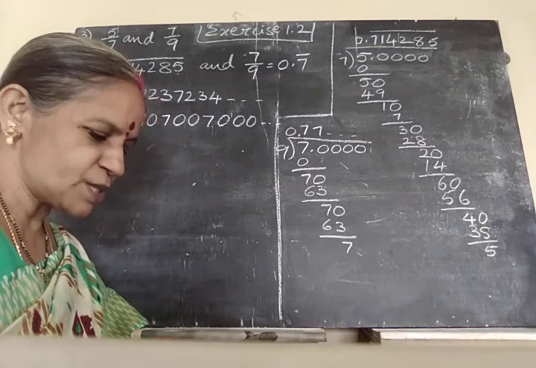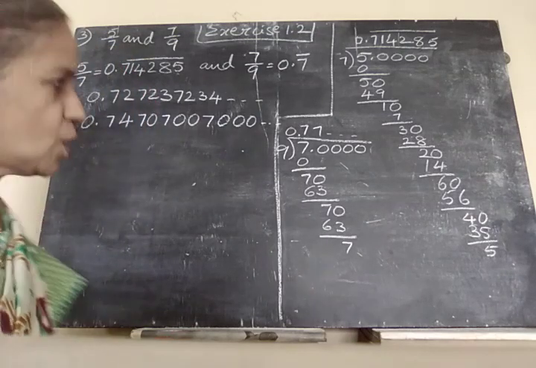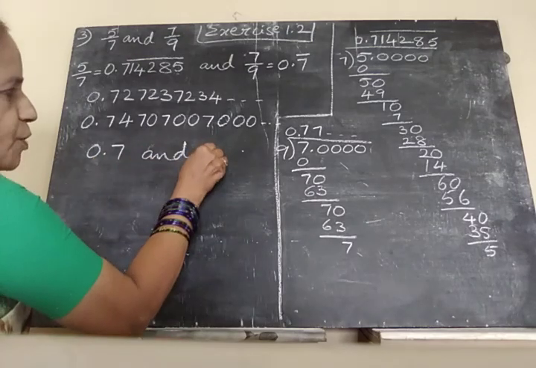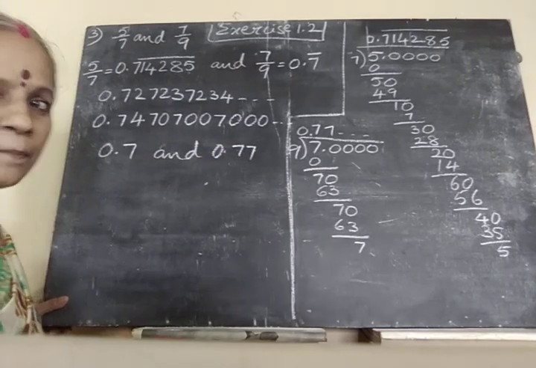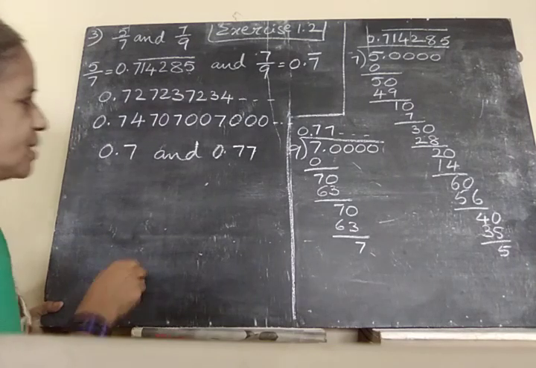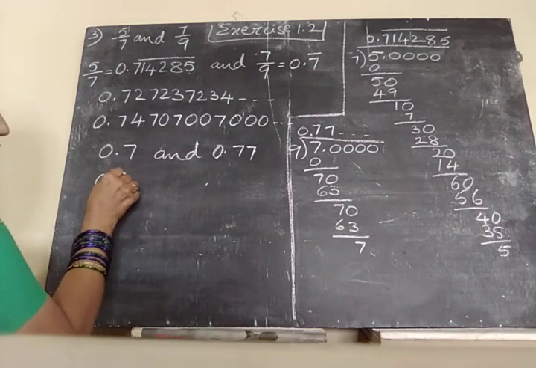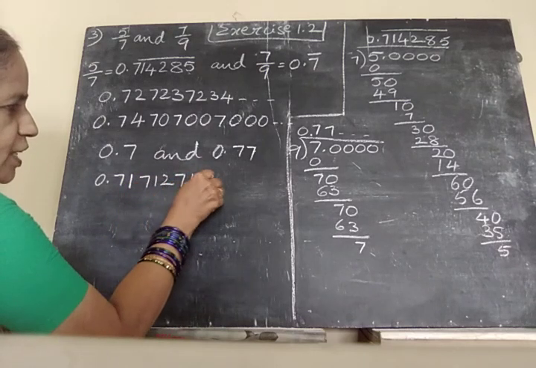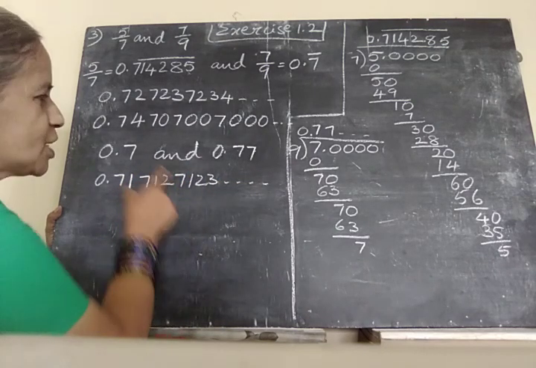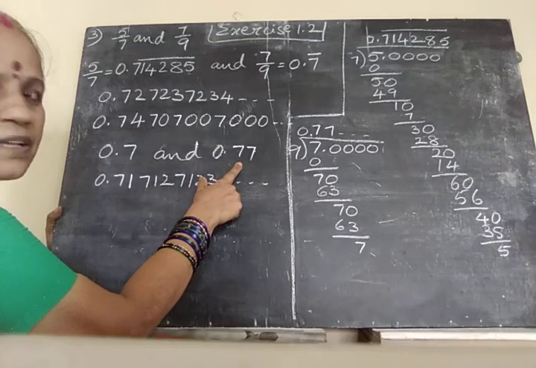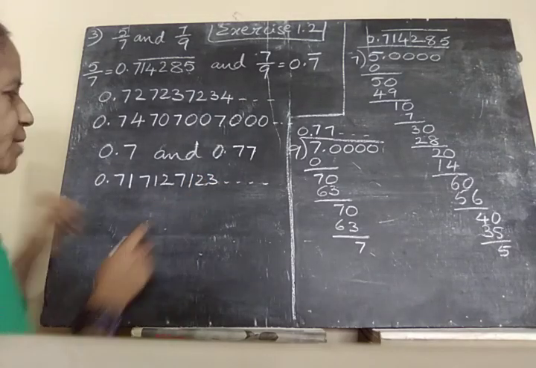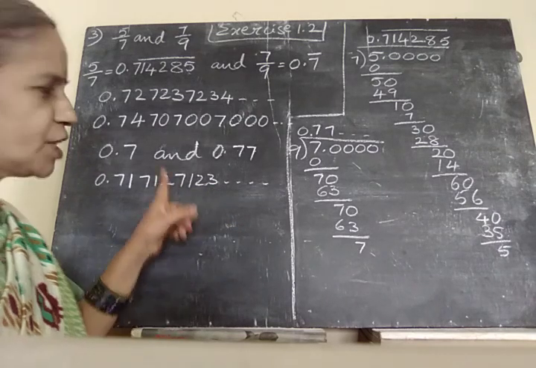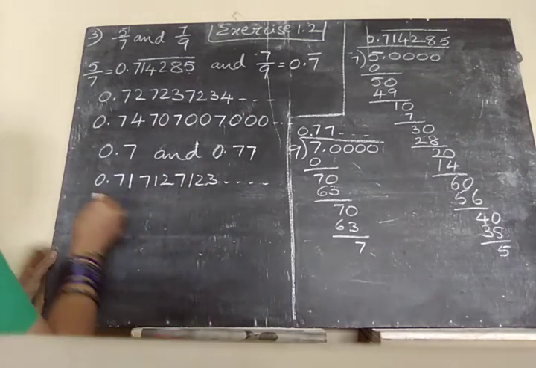Find two irrational numbers between 0.7 and 0.77. Between these two. See, 0.71, 0.712, 0.7123... This is an irrational number between 0.7 and 0.77. Non-terminating, non-repeating. What is an irrational number? A non-terminating, non-repeating decimal. So like that,